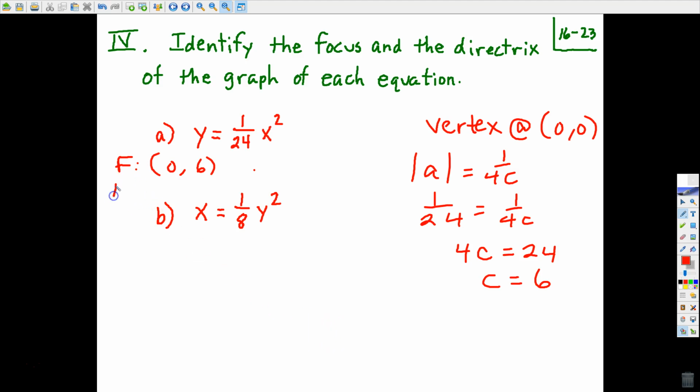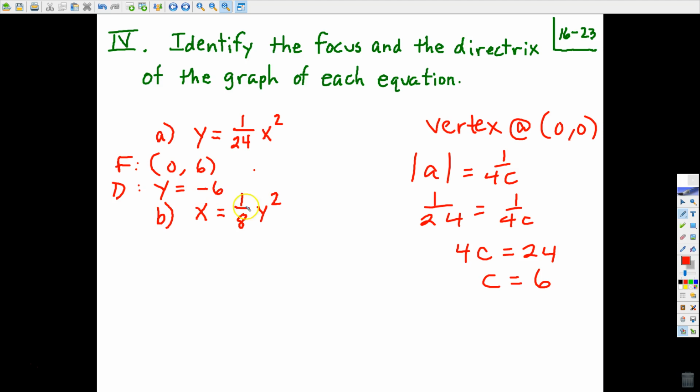And what about the directrix? Gauge? What do I know about the focus and the directrix in relation to the vertex? Same distance apart, just in the other direction, and it's a line. So if I go down 6 and I draw a horizontal line, well, it's going to be a line, not a point. So the equation for a horizontal line would be y equals